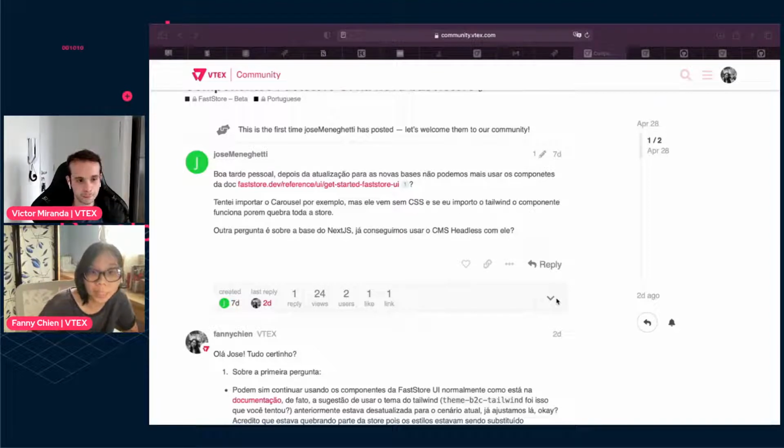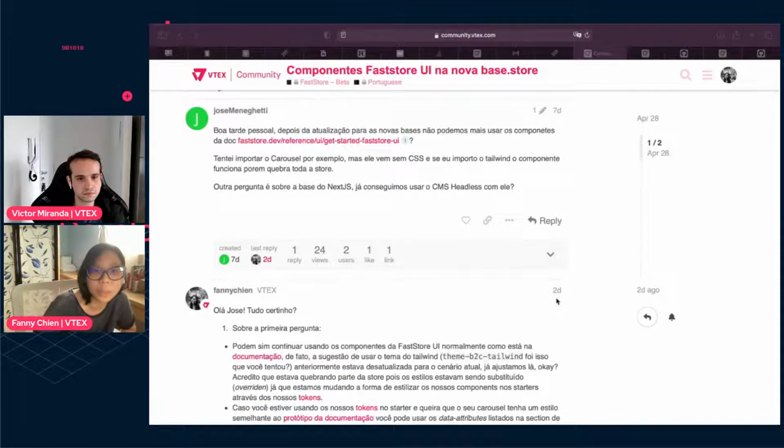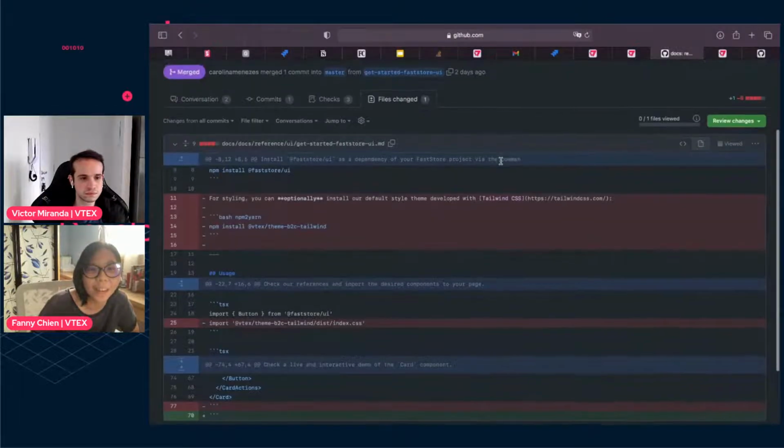So yes, you can still use the components from the FastStore UI with Tailwind if you are not using our base store. And if you want to use it on the base store, I think we already updated our